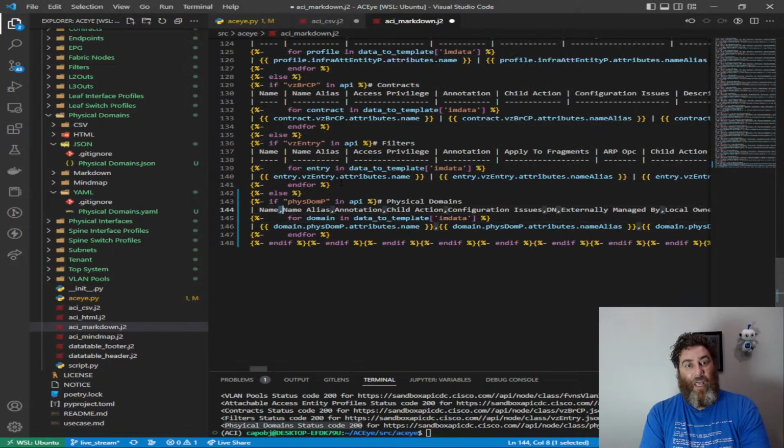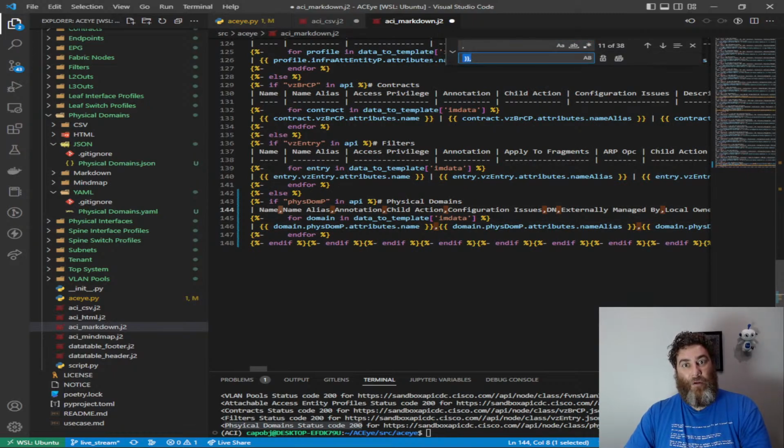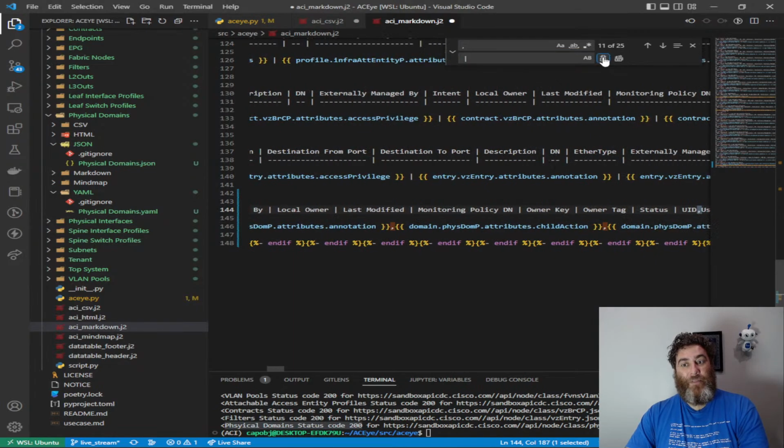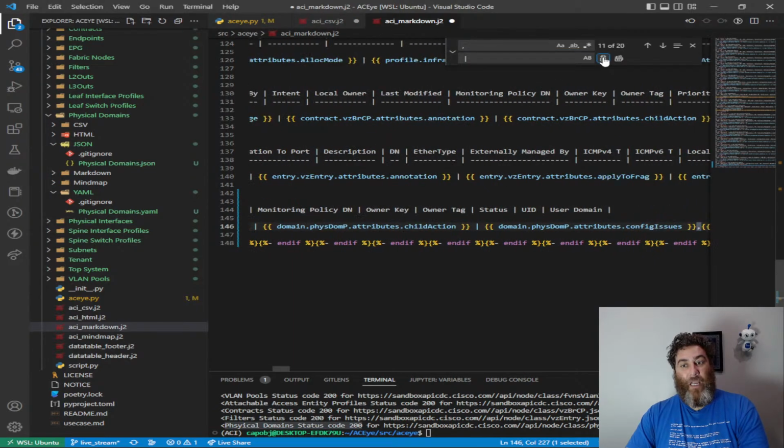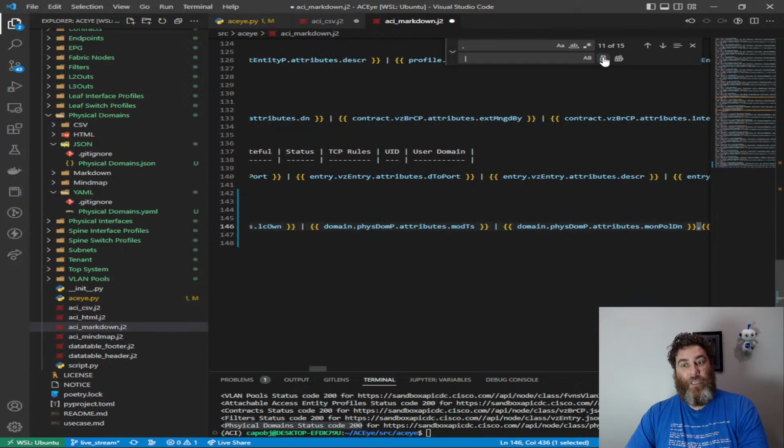And then we're going to find the comma and replace it with space, pipe, space. Now don't do replace all, because there might be commas elsewhere in this code, so carefully go over each comma,